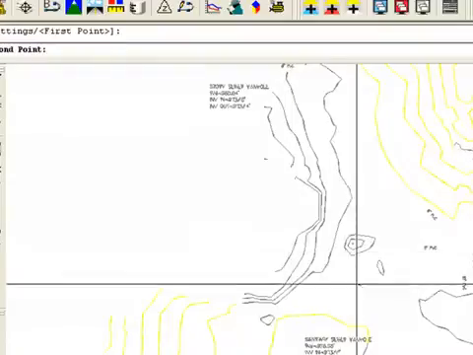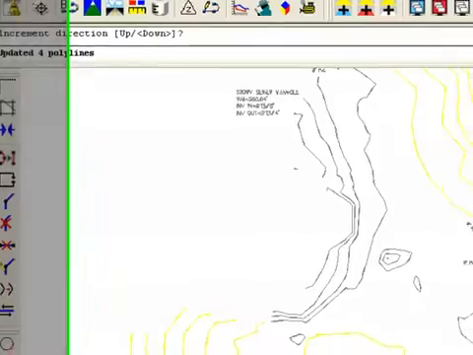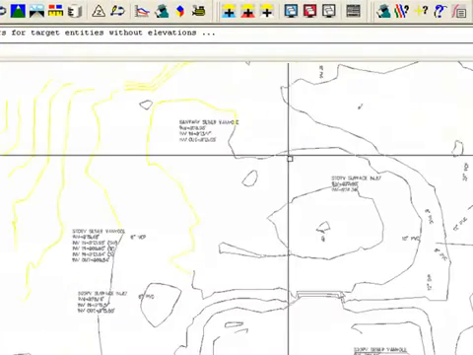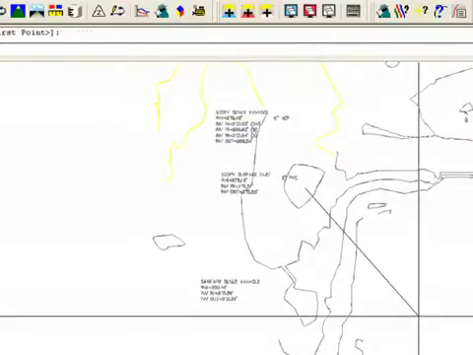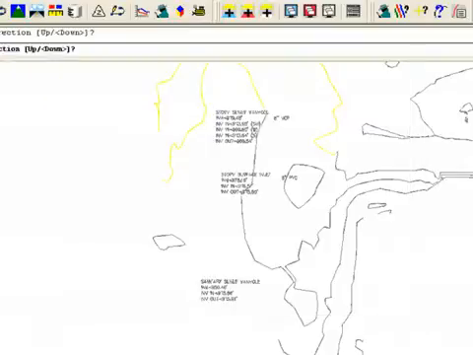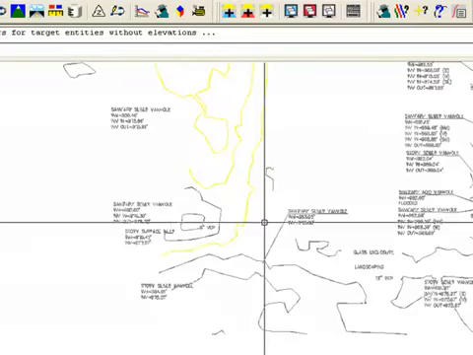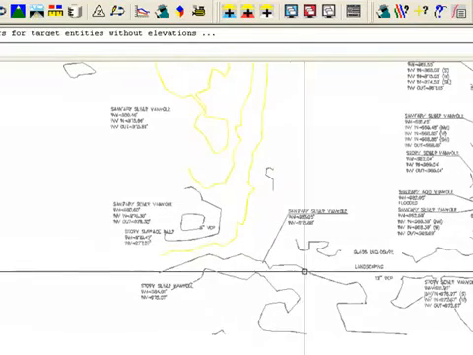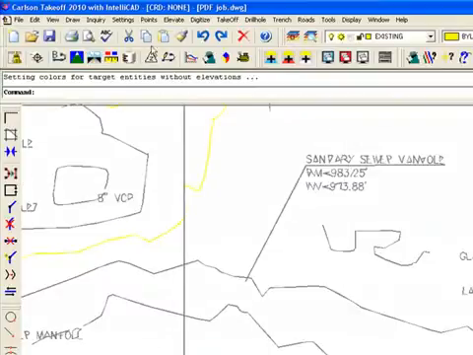And I'll go over here. Just going through and assigning elevations to these contour lines without having to digitize in and enter in each elevation. Let's say this is 979. And then I could change contour lines individually as well. So let's put this one